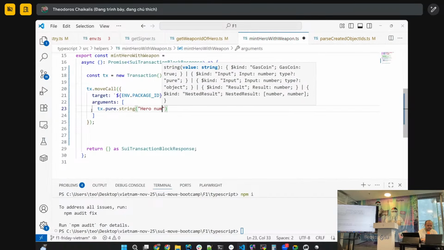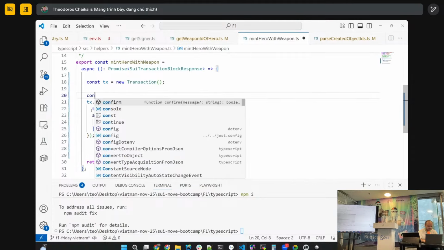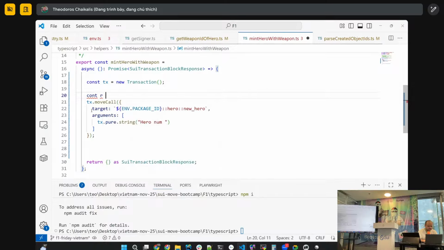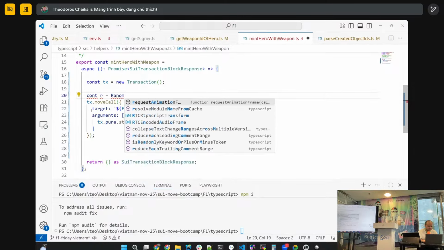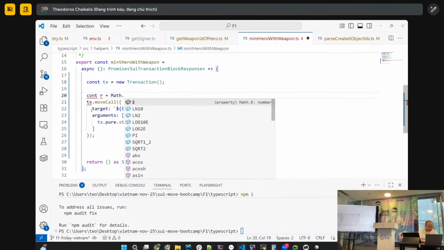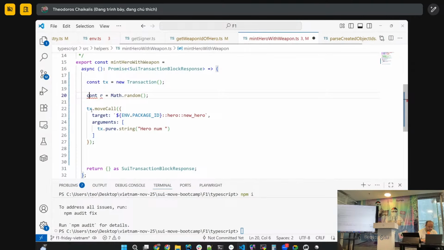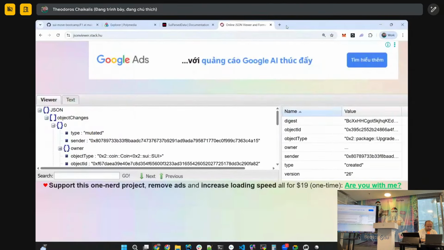Hero number, and I will add a random const. And to make it an integer,